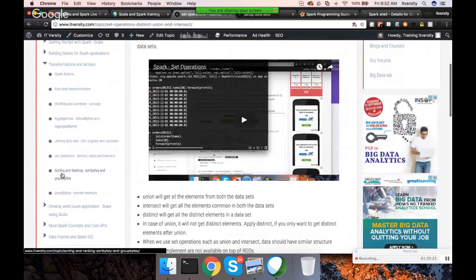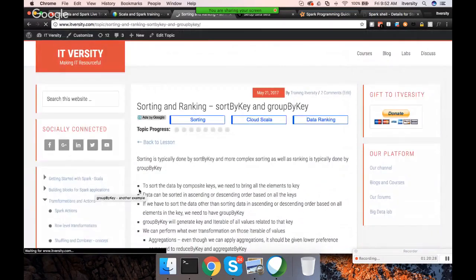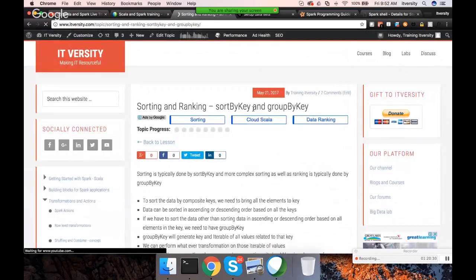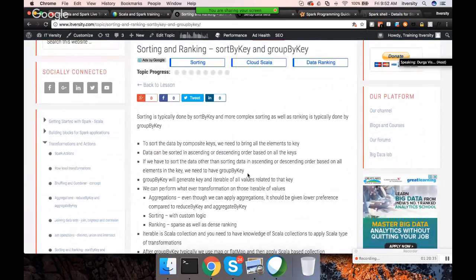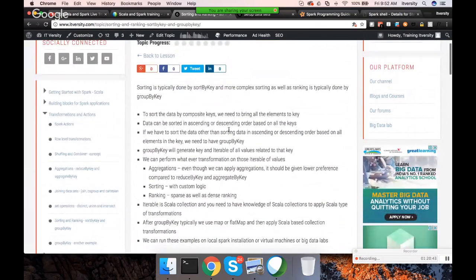Okay, now get into sorting and ranking. And as part of this, we will be seeing sort by key and group by key. I will just cover the theory part for today as much as I can till 10. And then we will actually get into more details as part of the next class. Okay. So sorting is typically done by sort by key and more complex